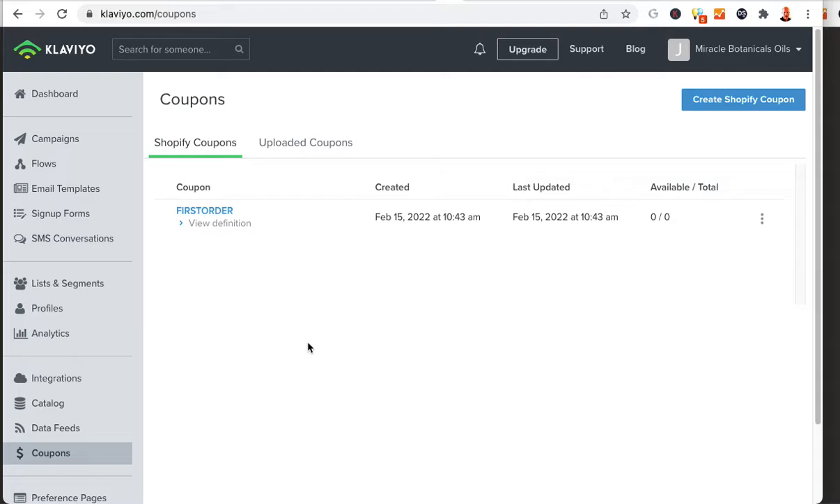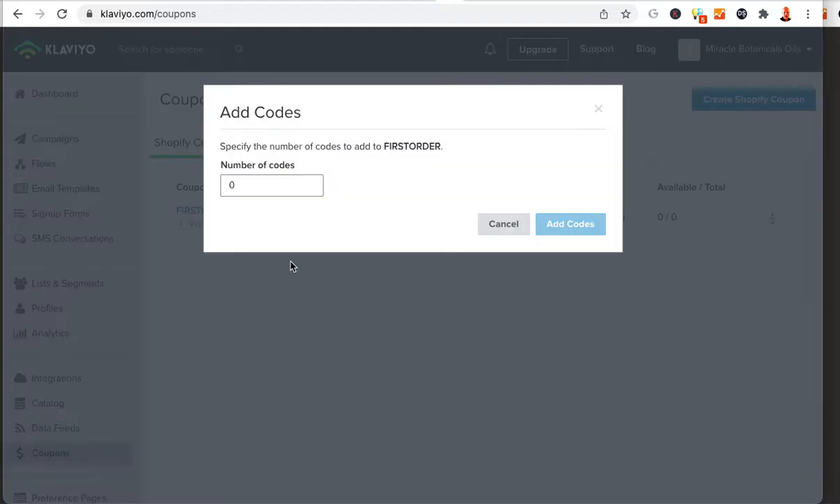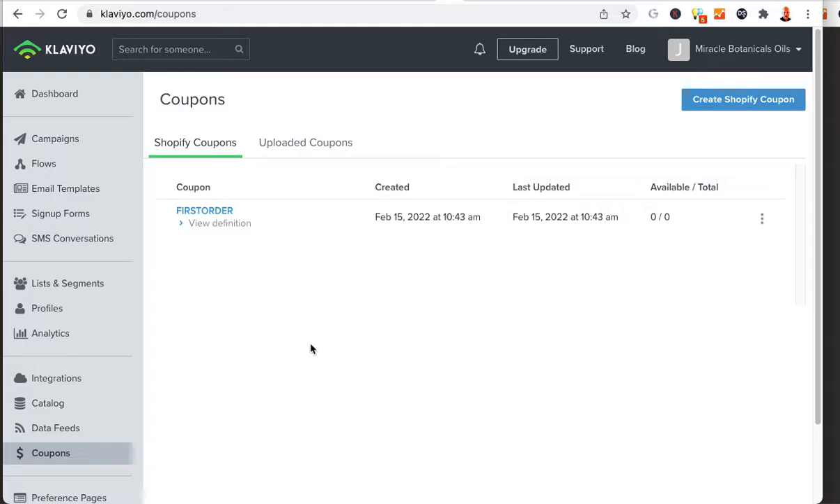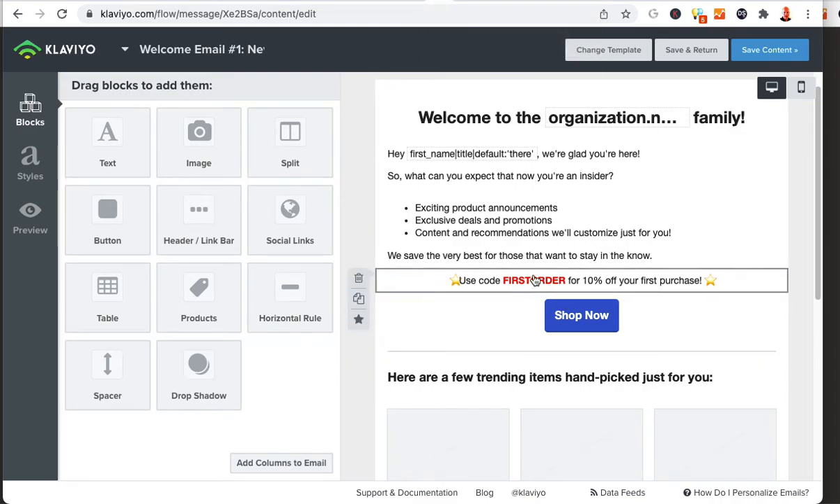So if you go over here and you look at the coupons again, you're going to click coupons, and then you can generate, I'm not going to do it, but you would add codes. So I'd say I'm going to add 500 there, right? It's going to generate 500 coupon codes for me. But now in order for it to show up inside this flow, I have to put a little dynamic code